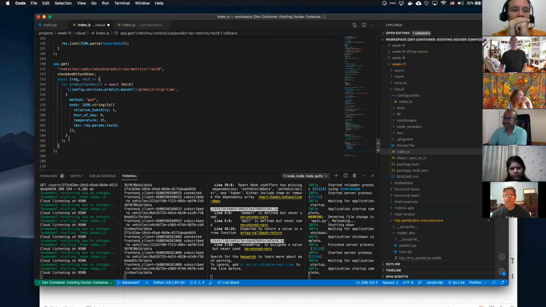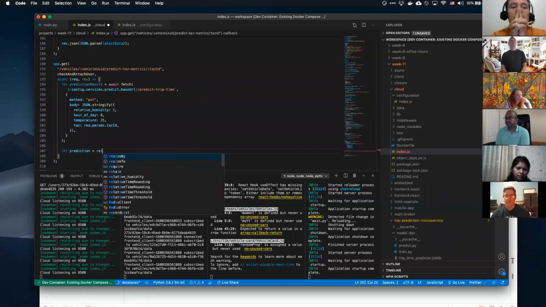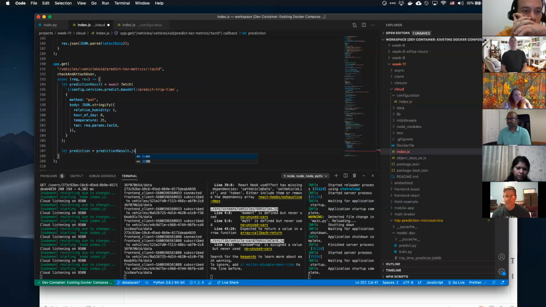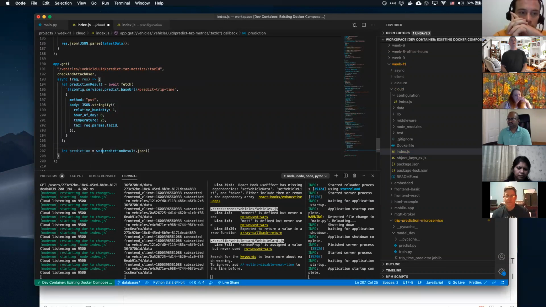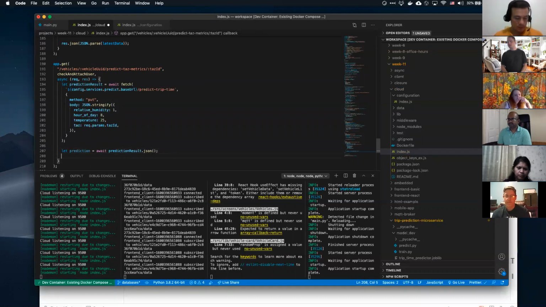And we also have to do that prediction equals prediction dot JSON, and we have to await that. That's just the fetch API, right? Actually parse the JSON out of that response.